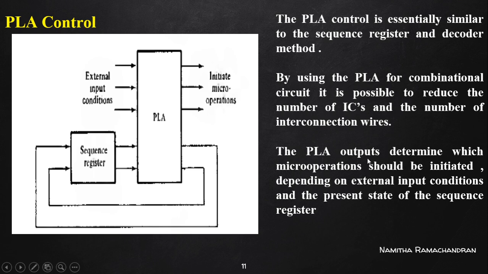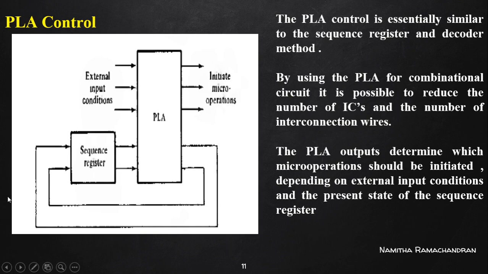Okay, so the PLA output determines the condition state. That condition state can activate different micro operations. So the PLA can decide one of the condition statements. That condition statement or condition state activates different micro operations of the system. And the PLA can activate a particular condition state with respect to the current state of the system and using the current external input condition. So based on the current external input condition and the system's present state,